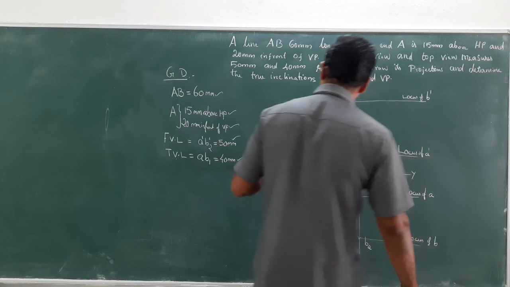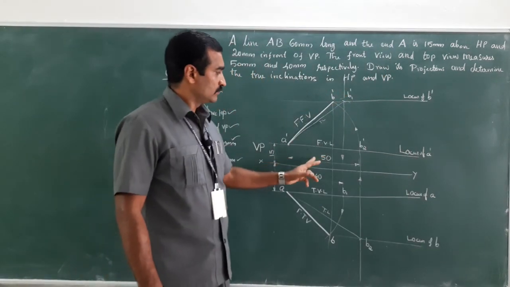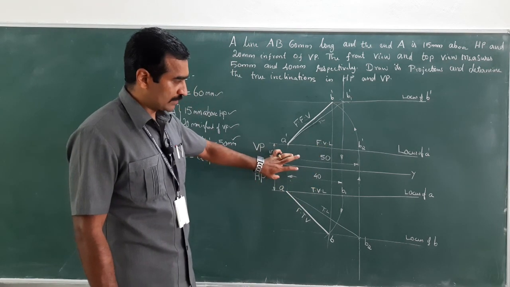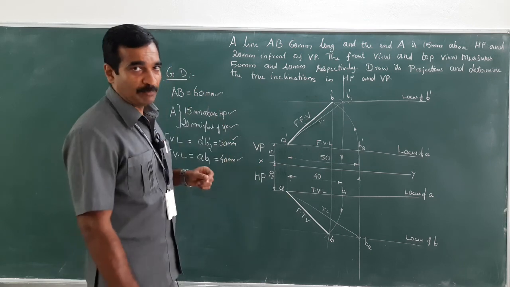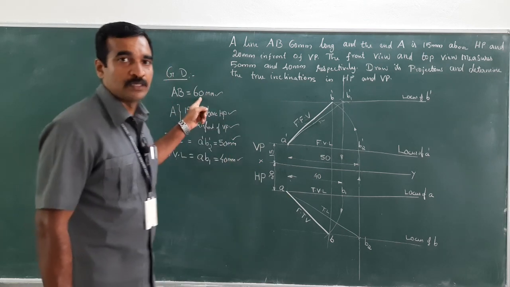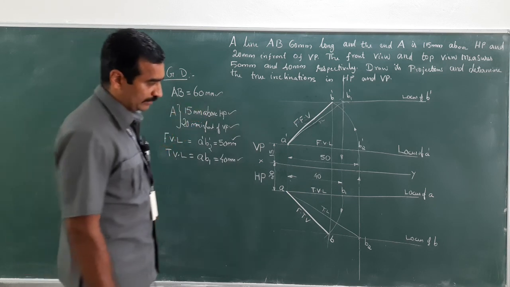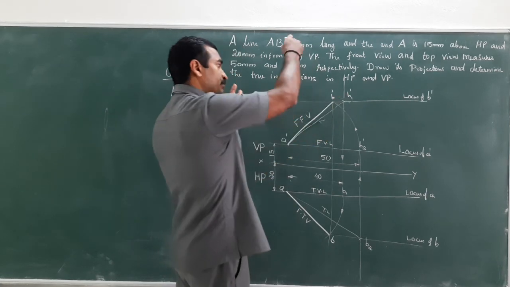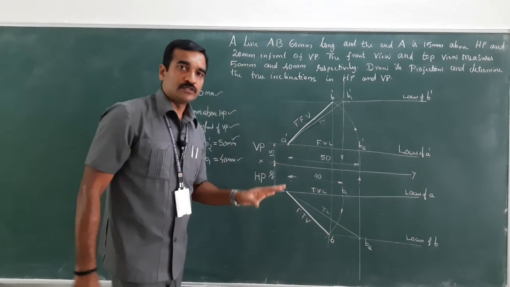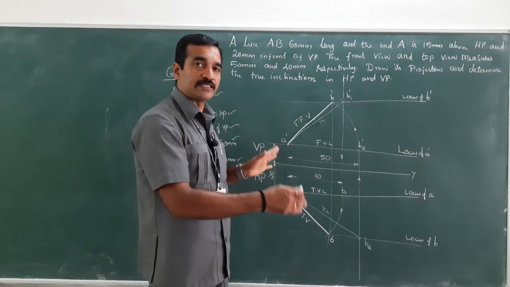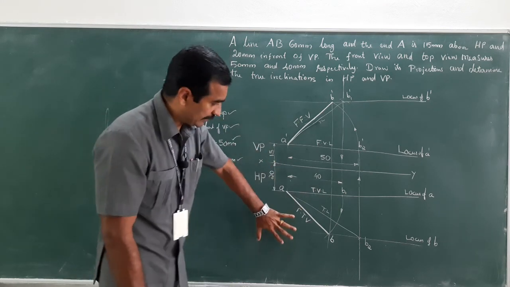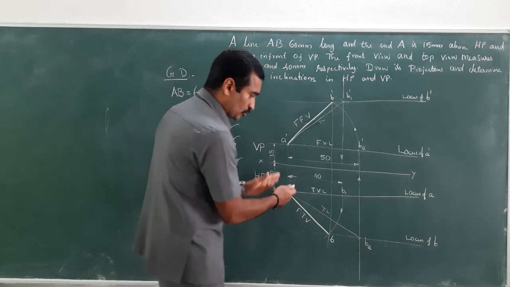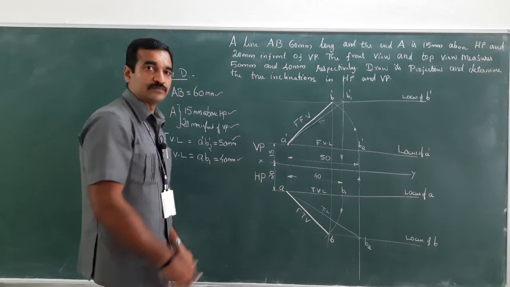See, as far as this diagram is concerned, I have already mentioned the dimensions of the front view length, the top view length, and locuses 1, 2, 3, 4. One dimension is missing, which is nothing but the true length or actual length of the object, right? So for which what I have to do? Whether I can mention it in the front view or top view, you just find where you have sufficient space to mention the dimension. Here, I have enough space at the bottom, so I am going to mention the dimension in the top view.